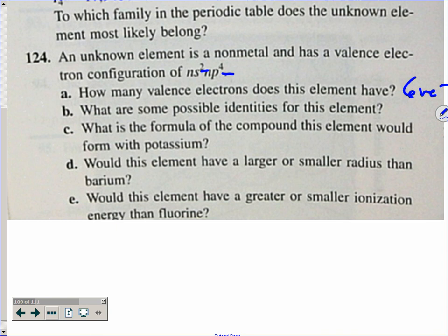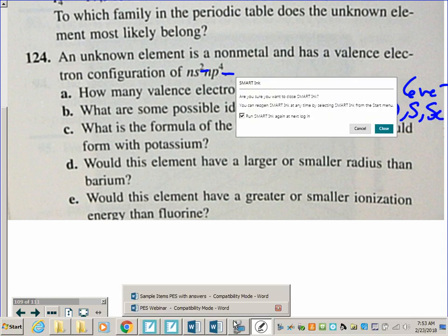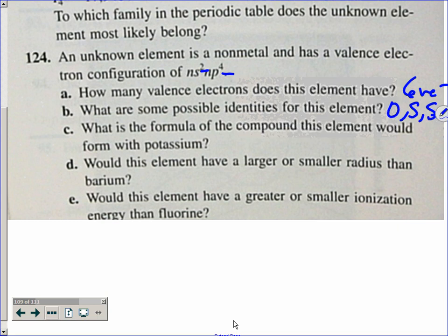What are the possible identities for this element? Oxygen, sulfur. Okay, so basically anybody in what group? Group 16 or group 6A, as we like to isolate just the A elements, the representative elements. What's a possible formula for this element? With potassium. Okay, so if you did sulfur, like potassium sulfide, K2S, because essentially if you know it's in group 6,